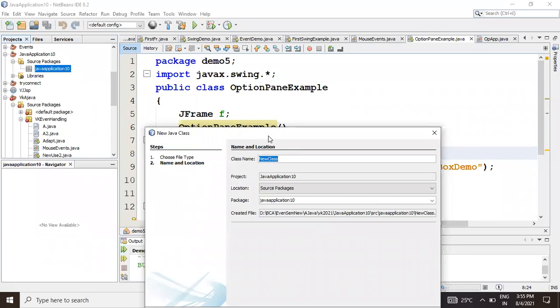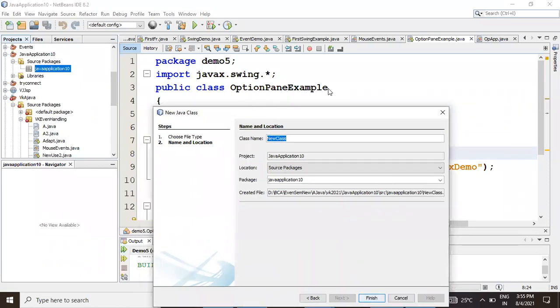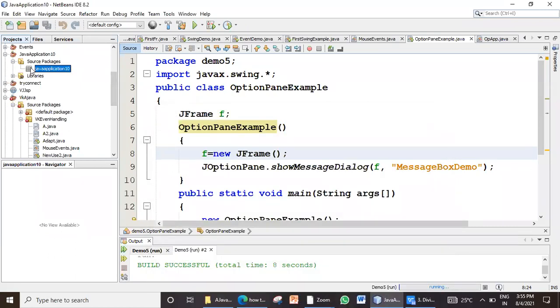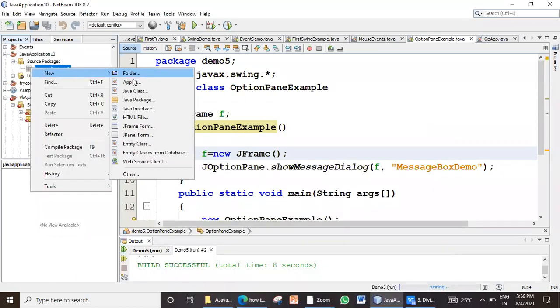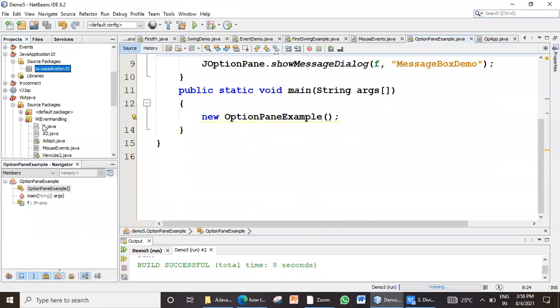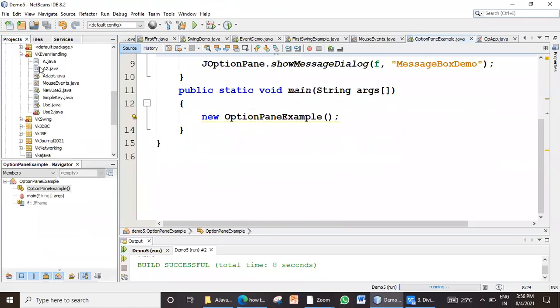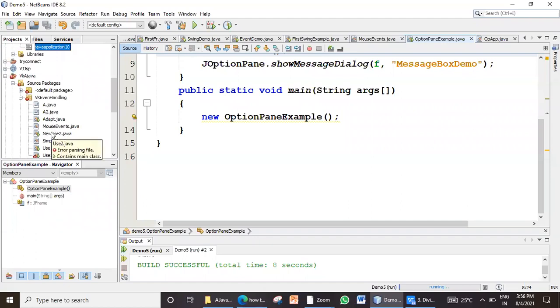In this case, my class name is option pane example, so I should name it option pane example. Clear? Once you execute it, next time if you want to add again, you say new and add a new class. Like this, in the same package, I have added all these programs. So you should also do the same.